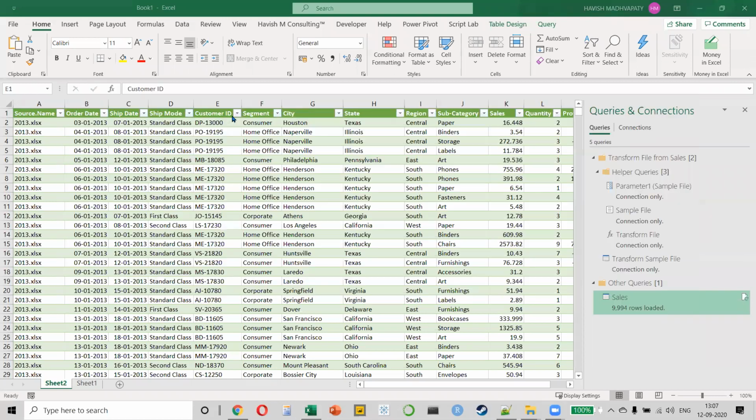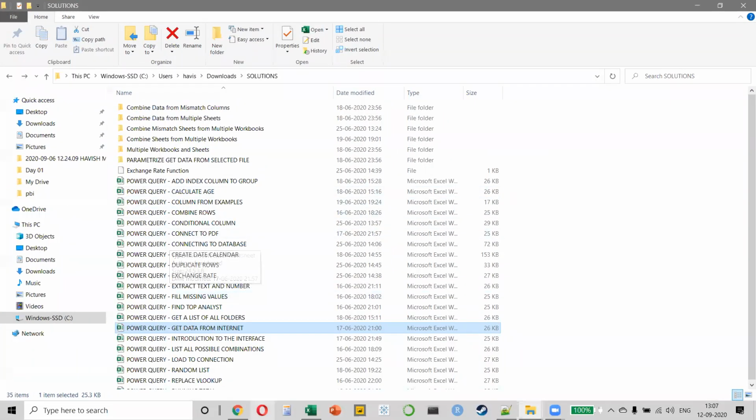See guys, I have an entire course on Power Query, and that is exactly what I covered. Do you see all this? How do you combine from multiple workbooks? How do you combine when the sheet names are not matching? How do you combine when the columns are mismatching? How do you combine multiple workbooks and multiple sheets? So basically, all of these problems can be tackled.